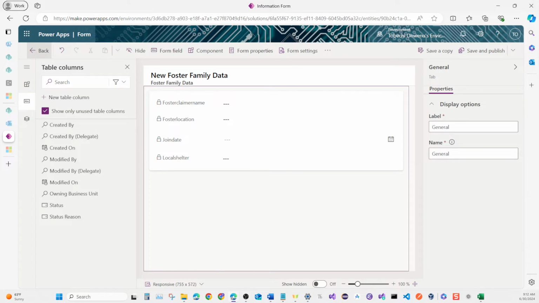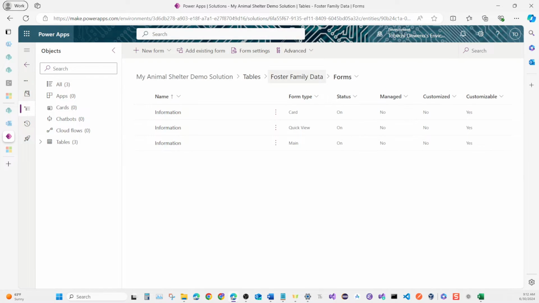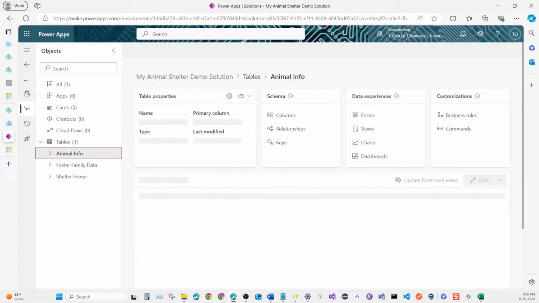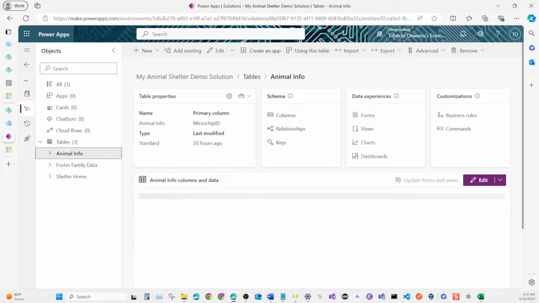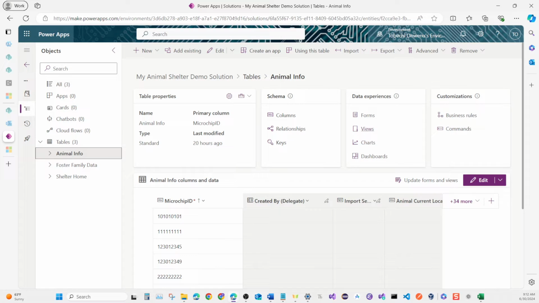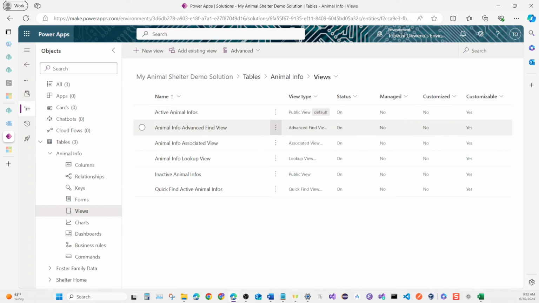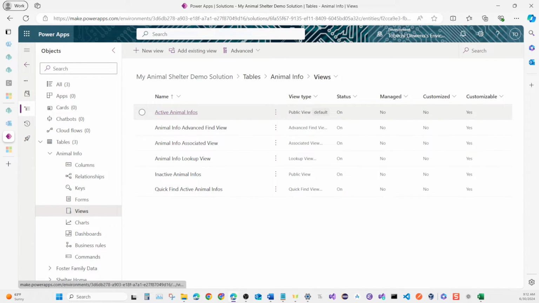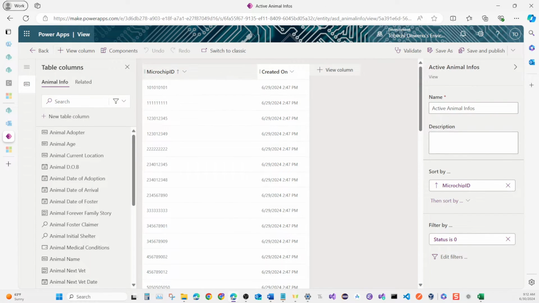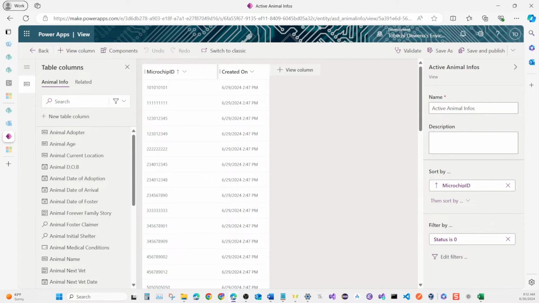Okay, now we're going to more exciting ones. We're going to the next table, which is going to be our animal table. And just like before, we are starting with the view. Now, we are not going to put all the items of the animal table here. Matter of fact, if you actually look at the instructions that we started with,